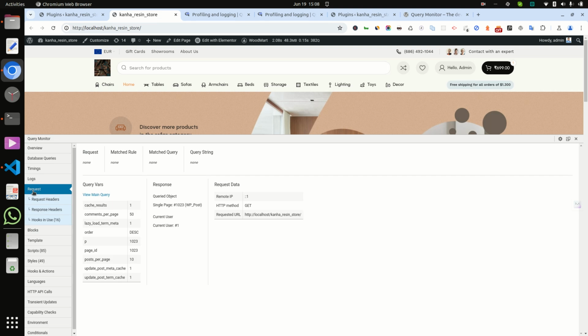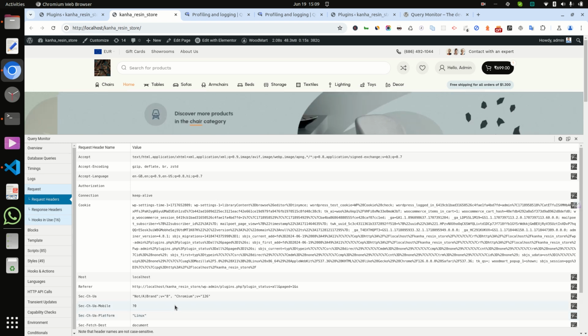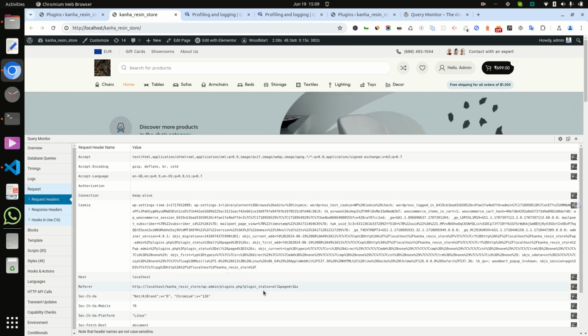In the request tab we can see where the request is coming from and which query is there, like lazy load, term meta, etc., and page id, and how many posts per page. So all the information is here, and here in the request header you can check the request header. It is basically very helpful for debugging any issue on the web page.